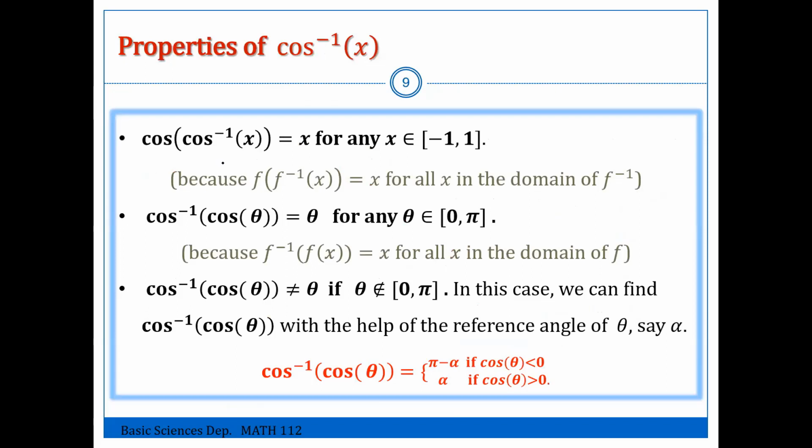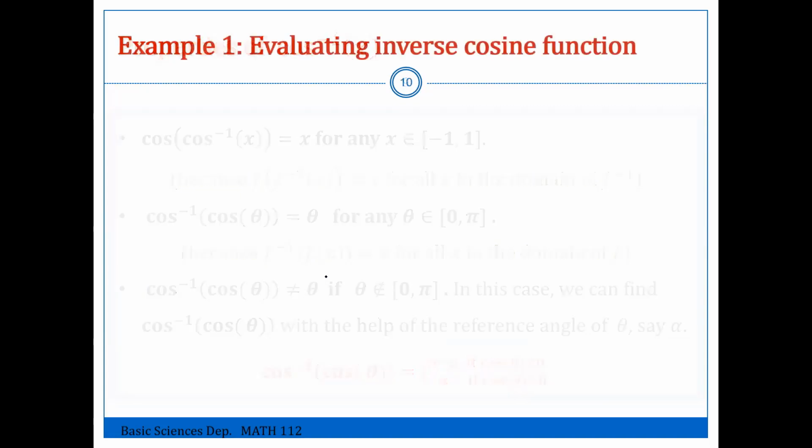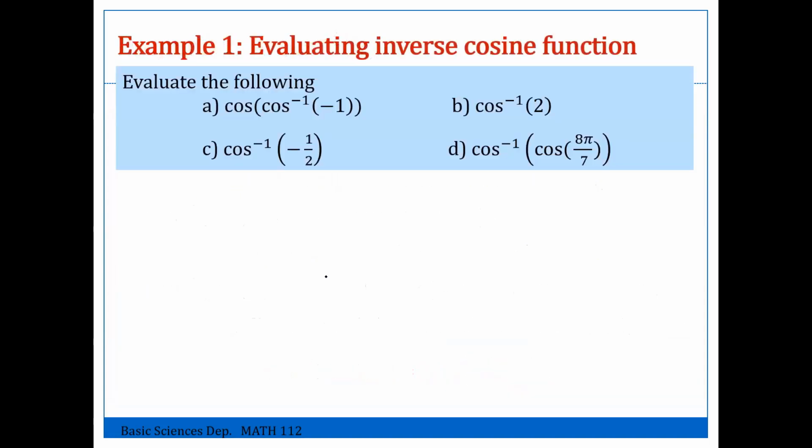لما نركب كوساين على كوساين انفرس، f of f inverse هي الايدنتيتي، تعطيني اكس بالطبع اذا اكس في الدومين اوف كوساين انفرس. واذا نركب كوساين انفرس على كوساين الزاويه تعطيني ثيتا only if theta is between 0 and pi, in the range. اوكي والا ما تعطيني ثيتا، راح نشوفوا تعطيني شغلات ثانيه. خلينا نشوفوا مثال